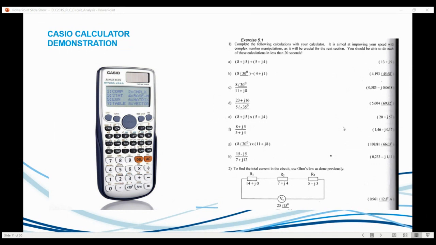just get my textbook as well out here. I don't know why I can't see it. Where are you? There we go. On page, is it page? Let's get what page that is. I'm just going to spend around 5-10 minutes quickly showing this, and then we can focus on RLC circuits. Page 5.3. I'm just going to demonstrate to you how to actually use a calculator,